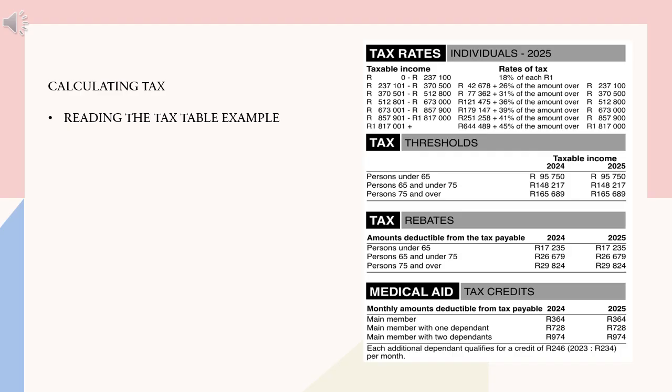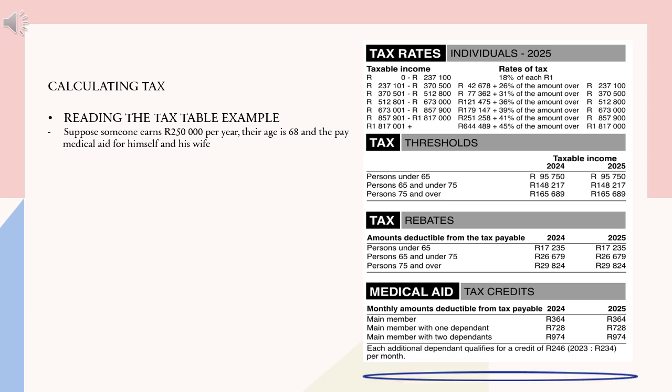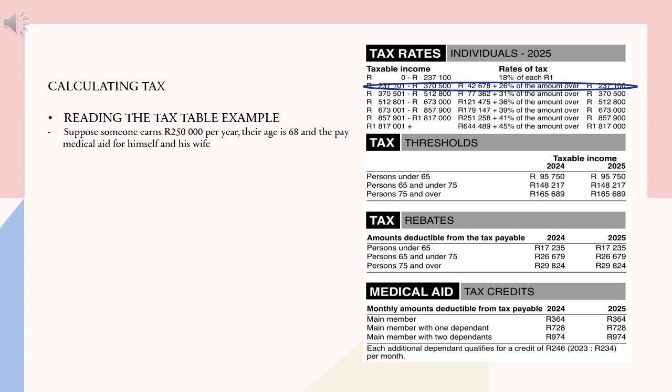Now let's look at a tax table, because this is what they give you in the exam, and you need to know how to use it. Let's take an example. Suppose someone earns 250,000 Rand per year. Look at the table. The bracket for 250,000 Rand falls in the row that says 237,101 Rand to 370,500 Rand. And the formula from the tax bracket is 42,678 Rand plus 26% of the amount above